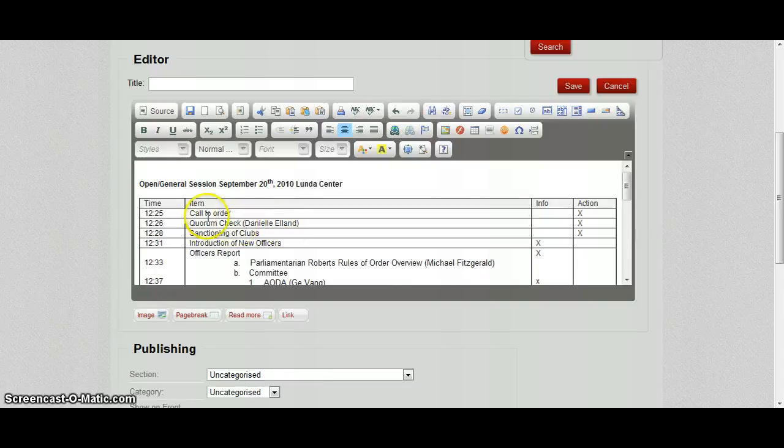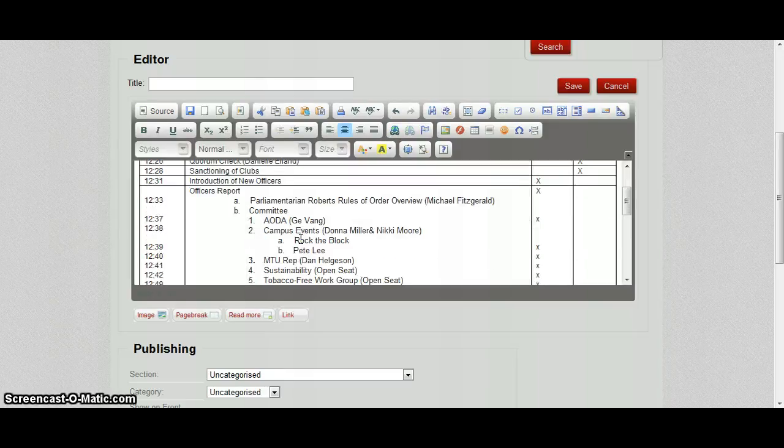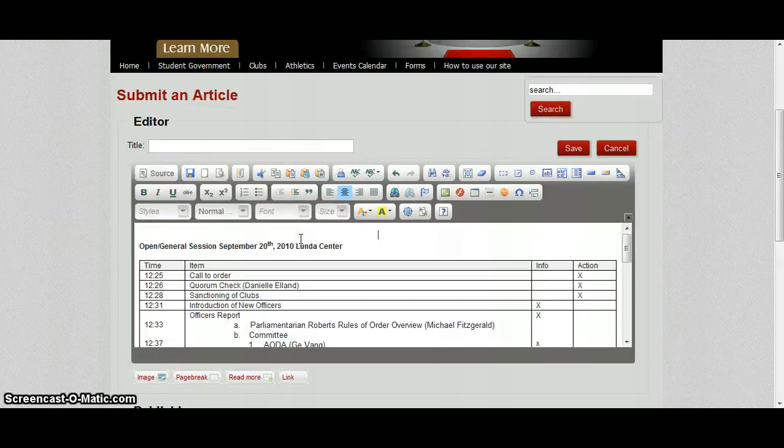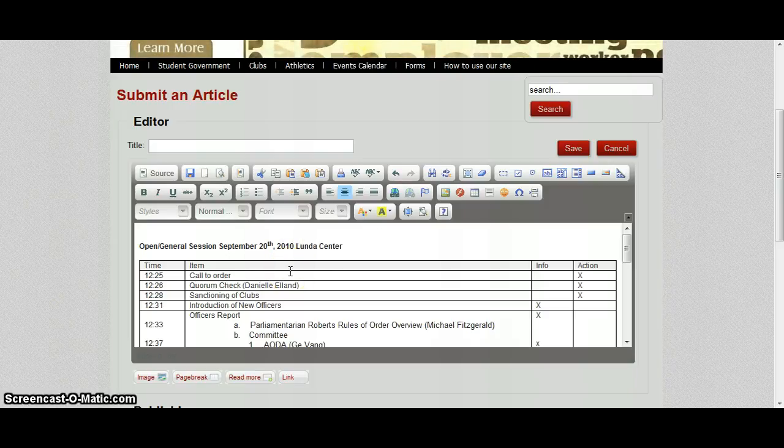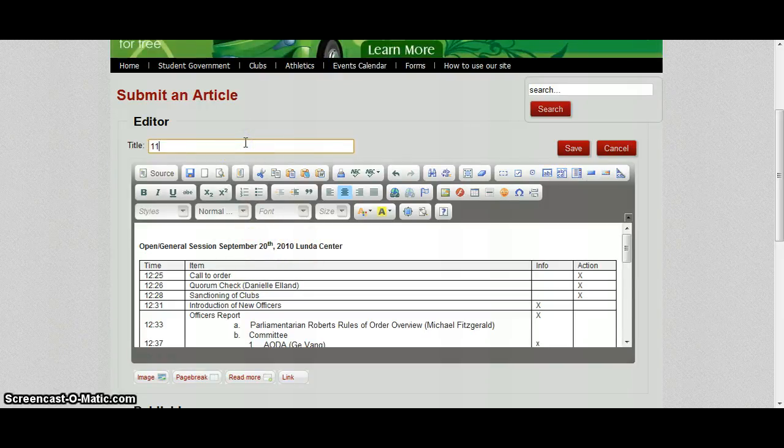The reason for that is that we put it in tables. It seems to work better if you're doing an agenda like this, if you put it into a table and then paste it in. If you try to do other types, sometimes the formatting won't work quite right. Whatever the case may be, but if you do it with the tables, it should come in quite nicely. So we can see that this is an agenda from September 20th, 2010. So we're just going to put